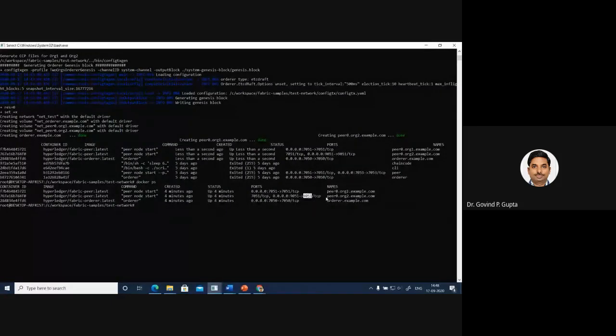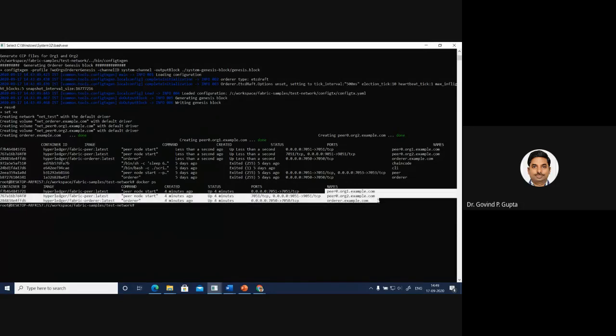So these are the three images: one is peer0.org1.example.com, another is peer0.org2.example.com, and the other is orderer.example.com. So these three Docker images are available in this local system.